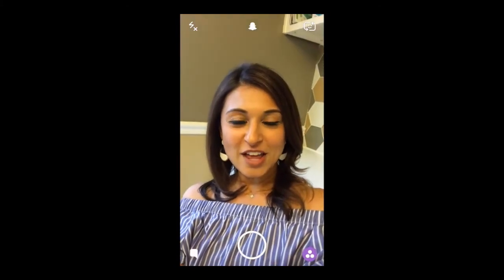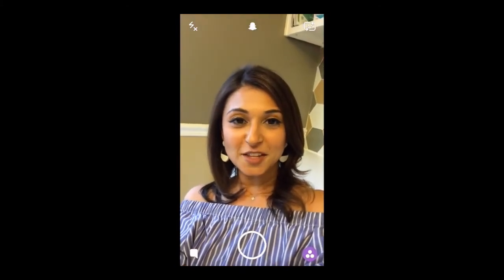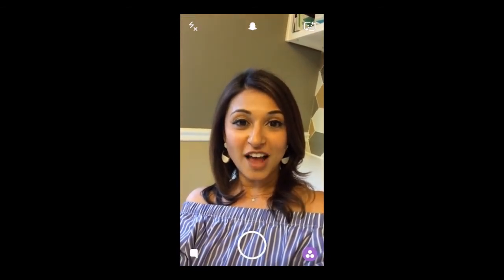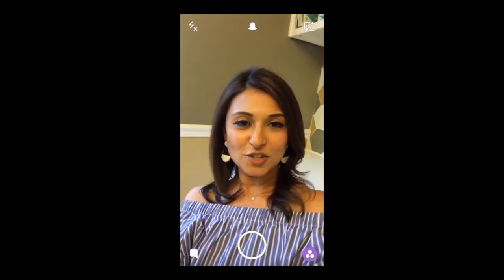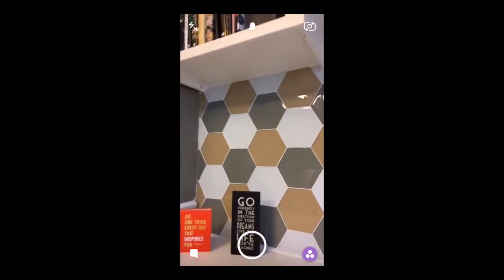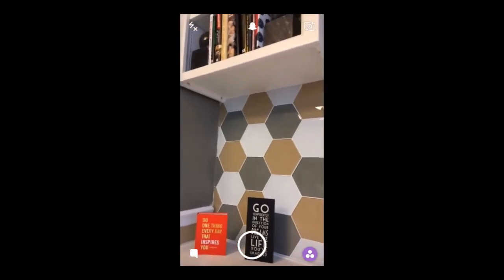to our regular interface. So let me go ahead and talk just a little bit about what some of these tools do. So up at the top left, one of the things that you have is the ability to turn your flash on and off. We already took a look at what the little ghost can do with your settings and adding friends and so on. Up at the top right, you have the little smiley face with the arrows around it, and that is so that you can decide whether you want your camera to be front facing the way it is right now, or if you want it to be rear facing, and then you can capture wherever the location is that you